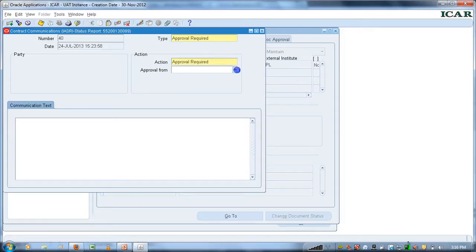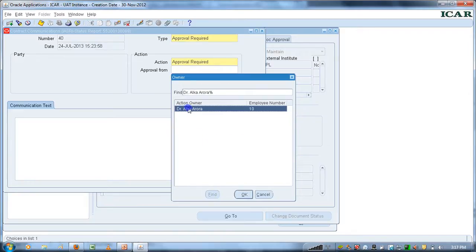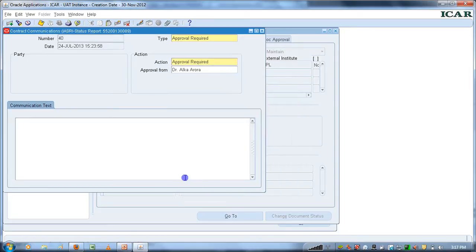Click on the LOV. Enter percentage and click on find. Select the name Dr. Alka Arora and click on OK. In communication text, you may wish to enter anything that you want to communicate to the team member. For example,